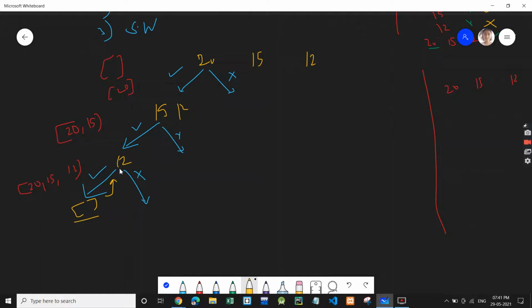We return back to 12. But now one possibility for 12 is left, in which we do not take 12. So the subset will be only 20, 15, from above. We do not take 12 and we do the recursive call on the rest of the array, which is empty. Hence again we hit the base case. We print whatever subset we got, so 20 and 15. We explored both possibilities for 12, hit the base case, and return. No more possibilities there, so again we'll return back.